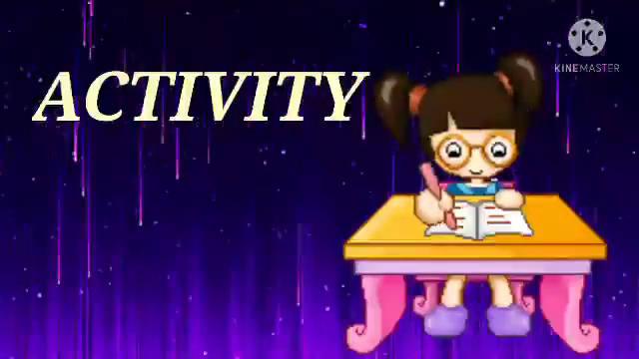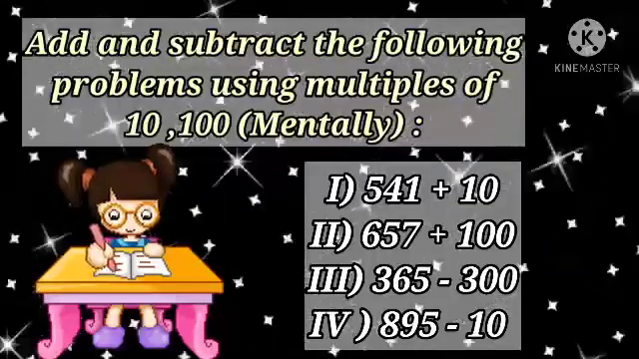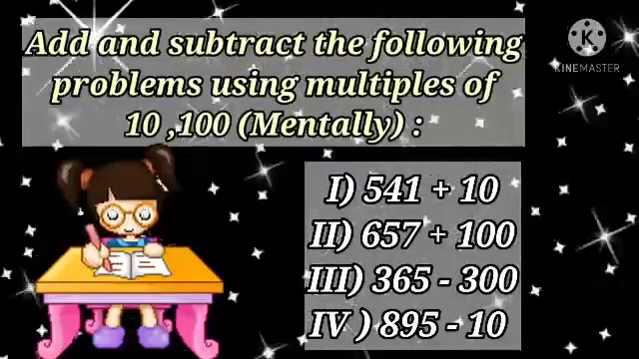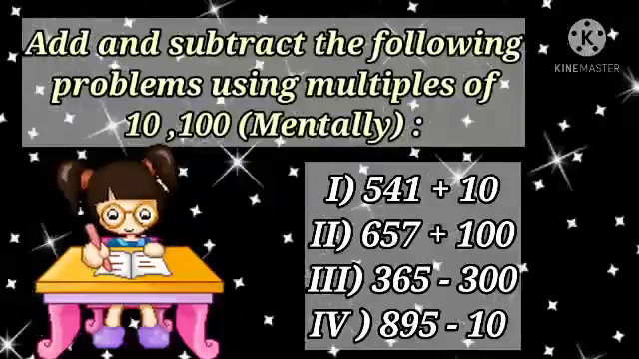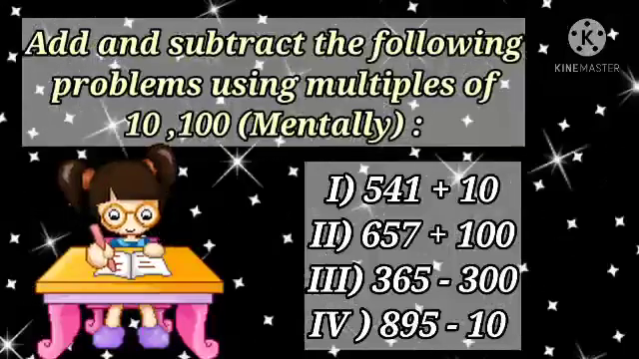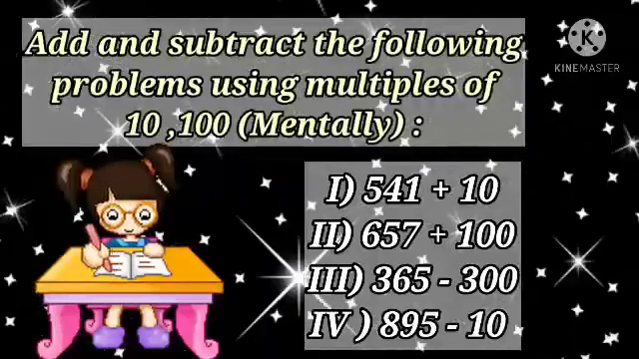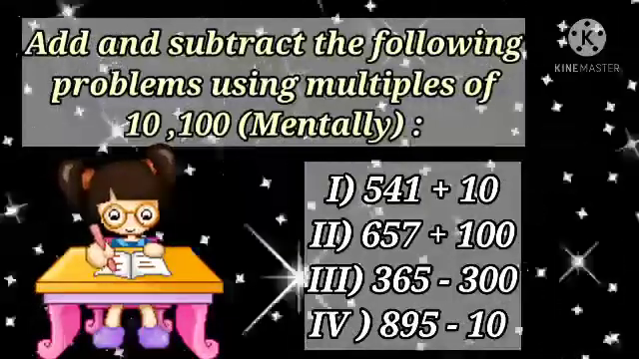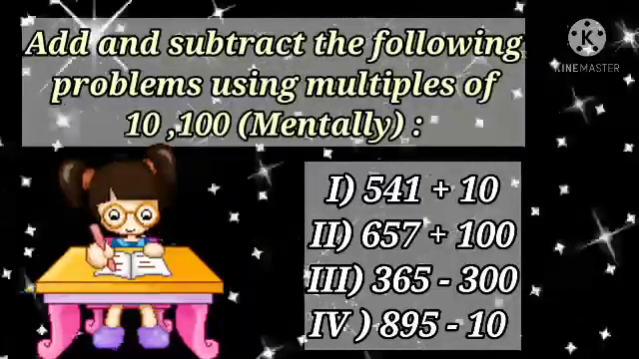Thus the answer is 146. Children, now do the following problems. Add and subtract the following problems using multiples of 10, 100 mentally. 541 plus 10, 657 plus 100, 365 minus 300. The last problem is 895 minus